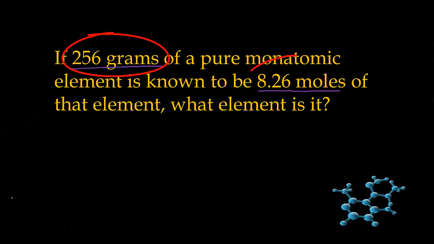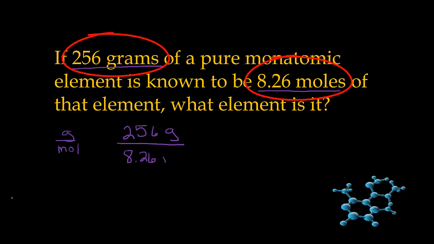Can we get the atomic mass from these two pieces of data? Atomic mass is given in grams per mole, which means if we have the mass of something and we have the moles of something, all we have to do is divide them and that will give us the atomic mass. So we have 256 grams and we have 8.26 moles, and I have grams per mole, so this is going to be good. That gives us a number of